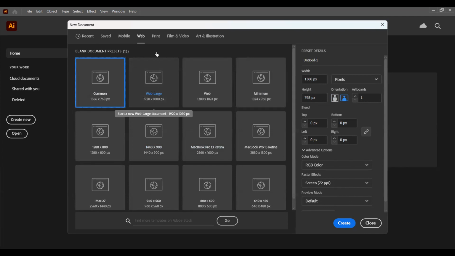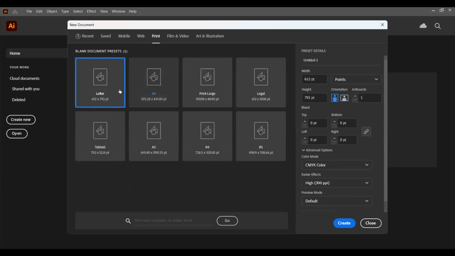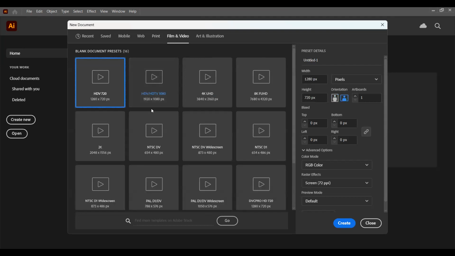You want to design a website or stuff like that. You have print. So these are your regular A4 and A5, which you have. You have your B4, B5, and all those other sizes. You have for film, these are your 1080, your 920. So